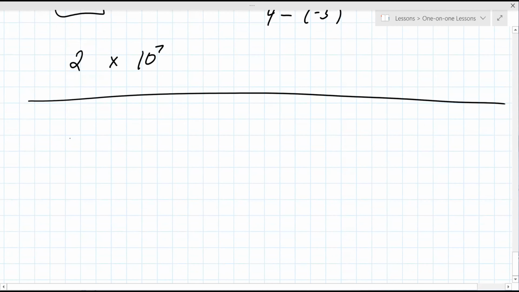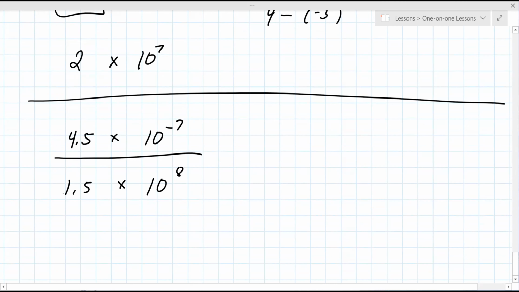Let's go 4.5 times 10 to the minus 7 divided by 1.5 times 10 to the 8th. When you divide these numbers, you get 3. And then here you get 10 to the minus 15. So you can actually move back and forth as much as